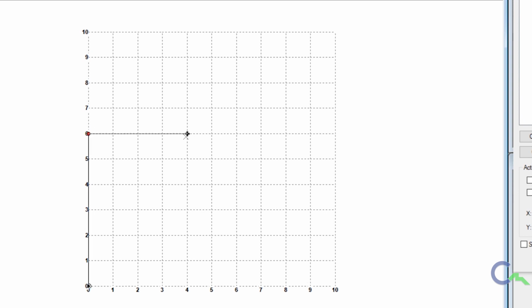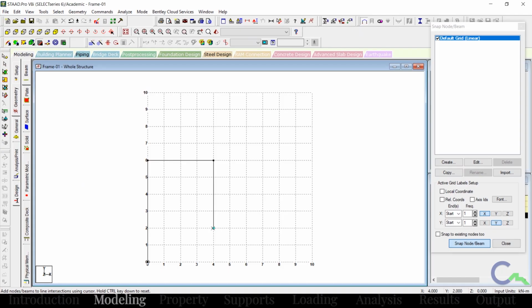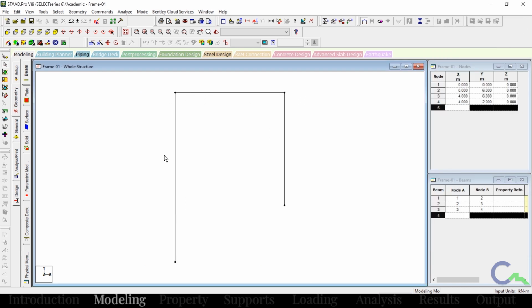Then the first beam which has a length of 4 meter. I can see here 4 meter. I will click here. Then I am going to create the third column which has a length of 4 meter again, that is 6 to 2. So total 4 meter. Once you are completed, I can click on this button which will stop the capturing of the grid. Then I will click on close. So I created that structure.